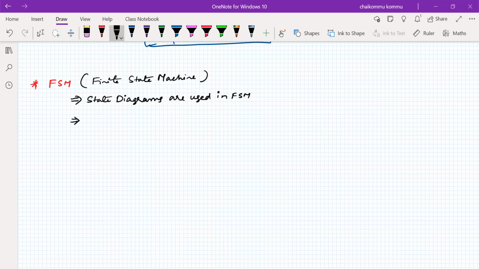For example, consider a combinational circuit here, and we have a sequential memory element at this point, memory. If I ask what is the state of this digital system, the content available in the memory will decide that.